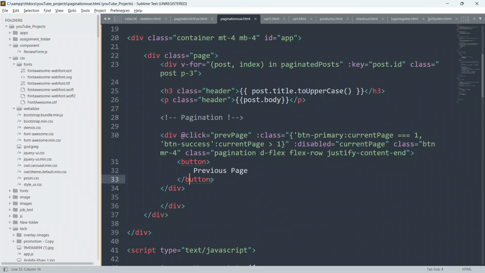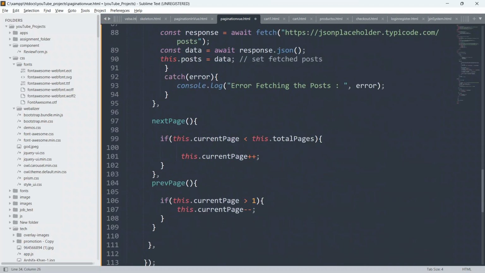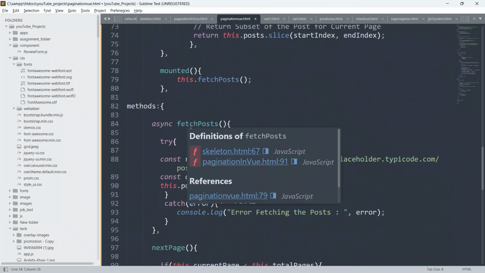So below this button I'm gonna create the text also. So I will create a span, and close this span first, and here I'll say page, give space and put parenthesis. I'll say here current page. So copy this current page.